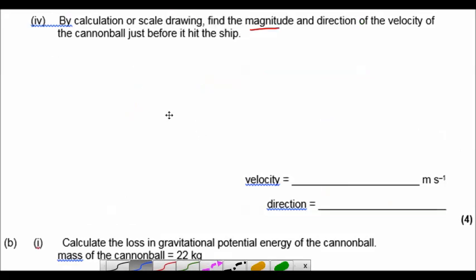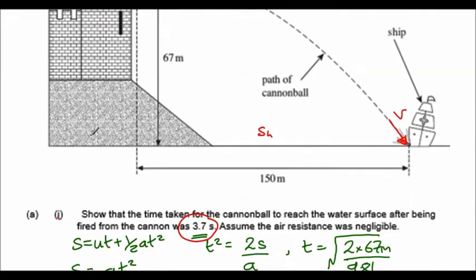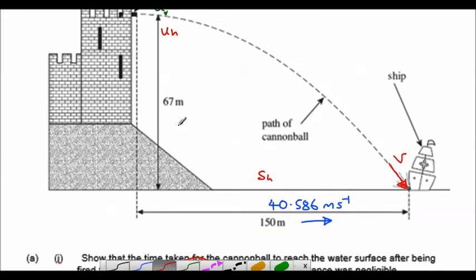Next, we're asked to work out the magnitude and the direction of the velocity, in other words, the resultant velocity of the cannonball just before it hit the ship. So going back to this diagram, it's going to be the magnitude and direction of that velocity there. Now, we've already worked out as we went along, if we go back to my original numbers, we've got about 40.586 meters per second horizontal, whilst we have a vertical velocity coming down of